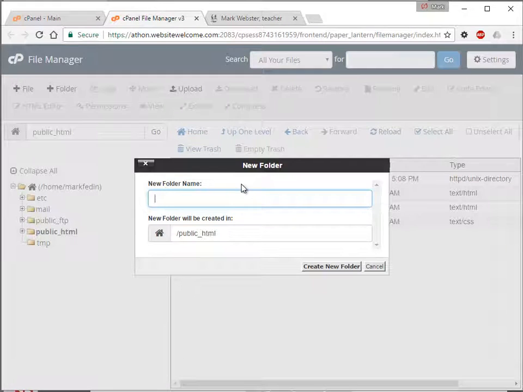And I want to create one named Images. Now be careful here, some of you put a capital I on your Images folder. So if that's how you did it, you need to put the capital I here. Hopefully you got it right. You used all lowercase. I do encourage you to make everything all lowercase all the time in my classes. Anytime you're naming files or folders, everything should be lowercase, unless you have a compelling reason not to, and then you better write it down so you remember. So lowercase I for images, create new folder,